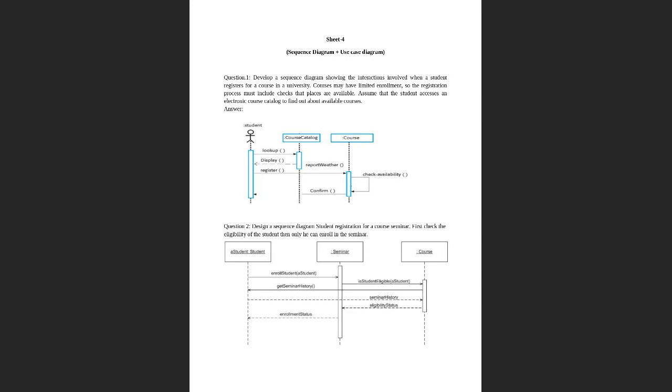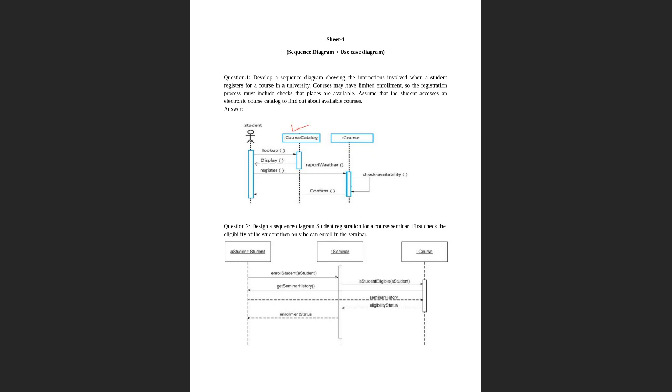I'll give you an example. When you go to any restaurant, what will you ask the waiter? Give me the menu. He will give you the menu. In the menu, you will see you have tea, you have chicken, you have mutton, you have biryani, or you have mandi, like that. That is called a catalog. So in a restaurant, food is offered. In university, courses are offered. So if you want to see what courses are available in the university, you have a course catalog. That is called the course catalog.